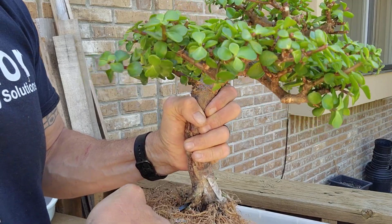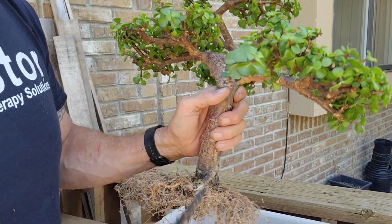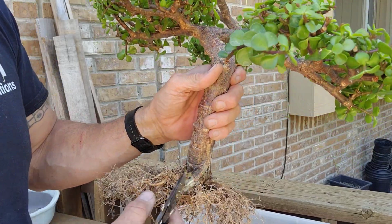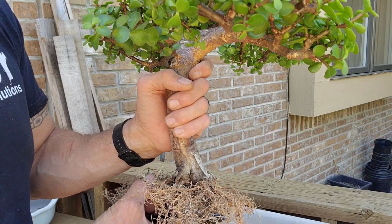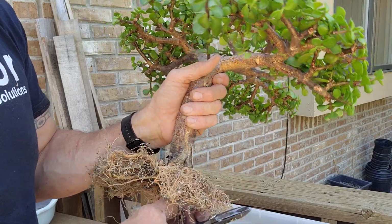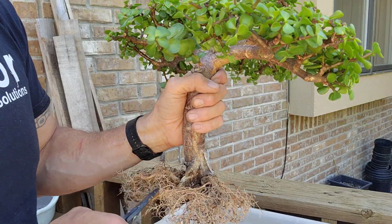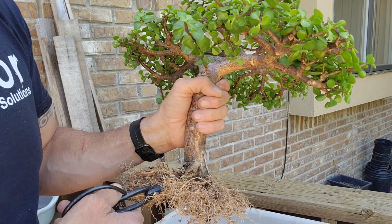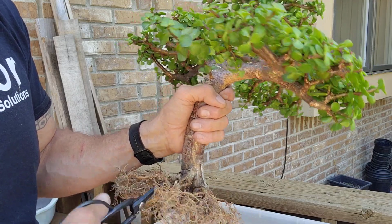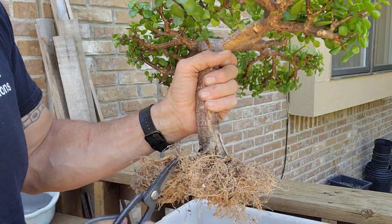And I know it looks aggressive. Whoops, that was probably very aggressive. I actually took a chunk out of that. Thank God it's the back. But again, you'll be surprised at how well this calluses over. I've really done a number on this to the point where I'm just trusting what I saw in his tree and what it did. The callusing over of this section will thicken it,